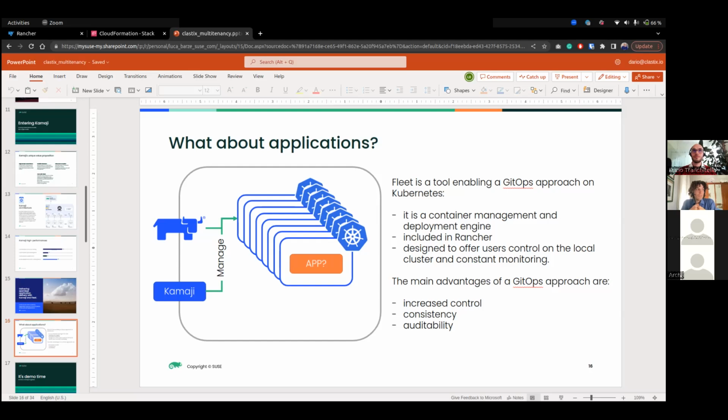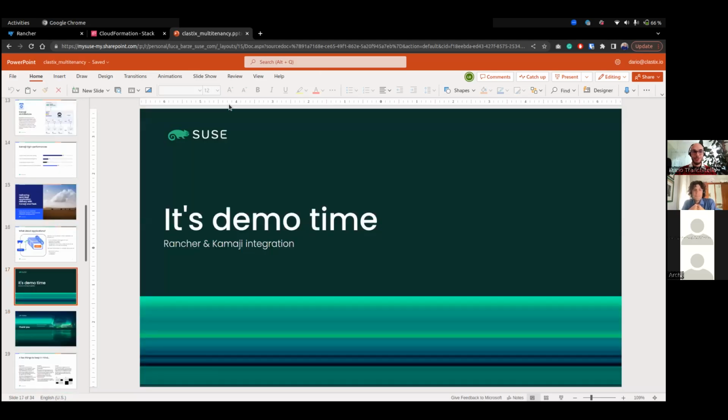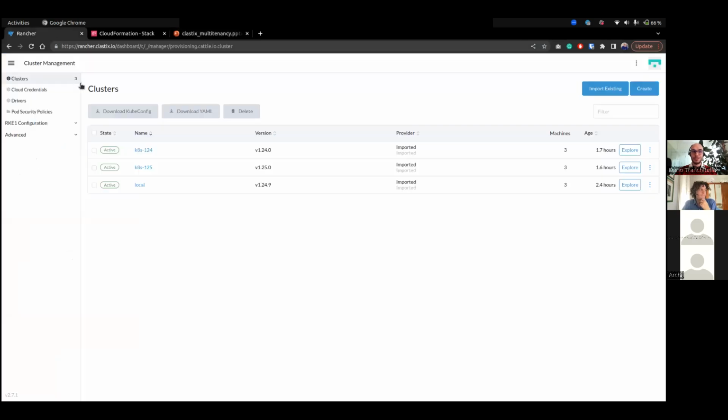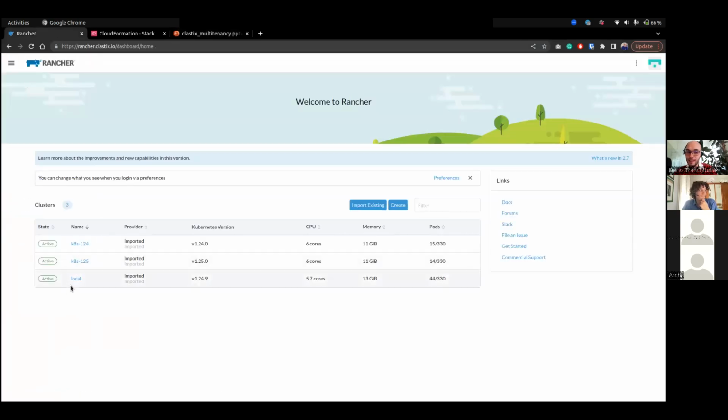Okay, so yeah, we are going with the demo. We can start with the demo, okay? So keep in mind that I already installed Rancher. So this is our Rancher. As you can see here, we got the local cluster, and I already imported 2 control planes that were created